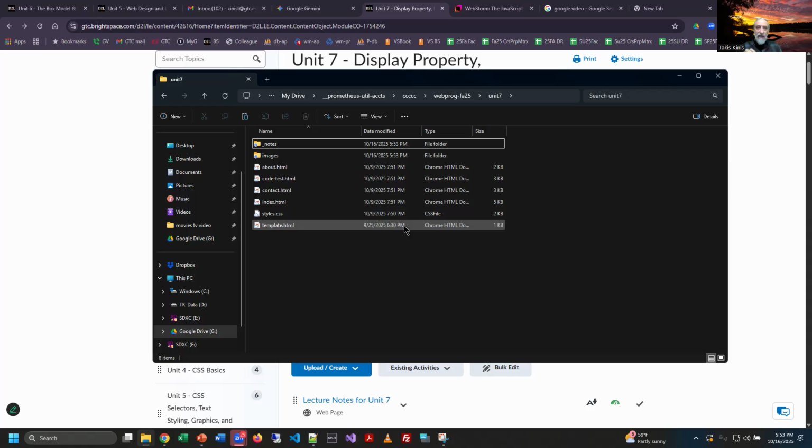You may decide, and this is very subjective depending on your choice, I'm just telling you this up front, to create 2 separate folders: one for the Unit 7 display and positioning homework, and one folder for your project, whatever that might happen to be. If they are one and the same, which they might be, you could put them in the same folder hypothetically. I would caution you though, because with the site building assignment,